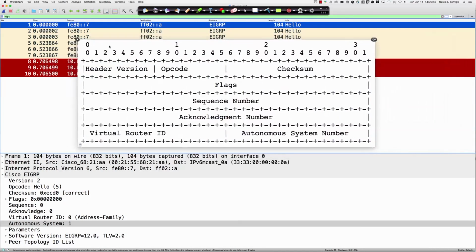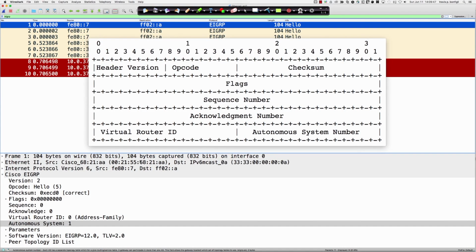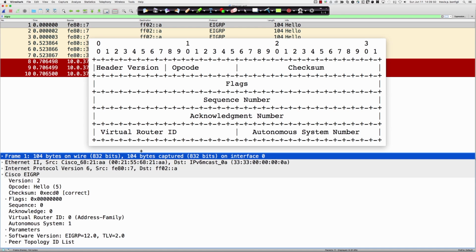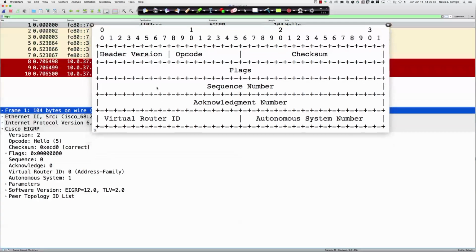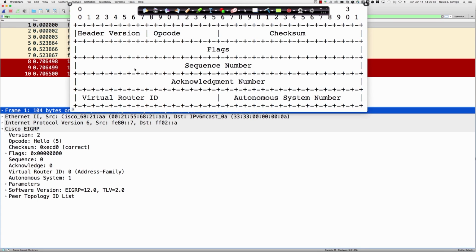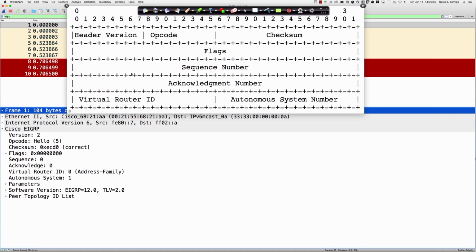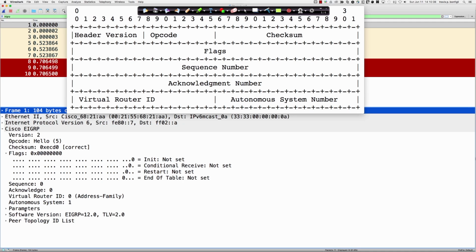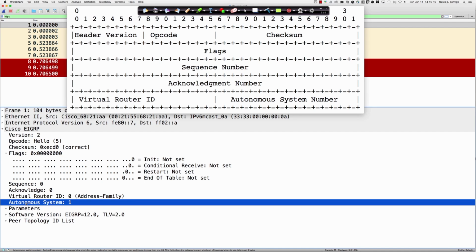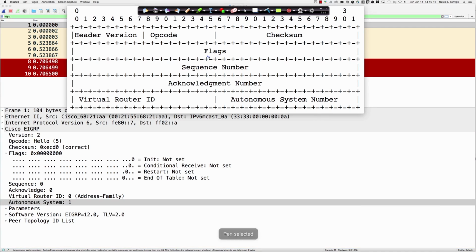So we're going to leave this here, and let me stretch this up a bit because we can see just about everything we need to. And so we'll leave it right there, put it on top of the IPv6 packet that we're looking at here. So when we talk about the header information, let me drop down. There's our flags, right? We talked about those flags fields. Now, that is where the packet header stops, right? The autonomous system number in the EIGRP packet is the last bit of information before we get,